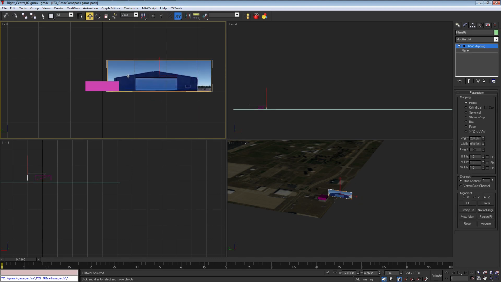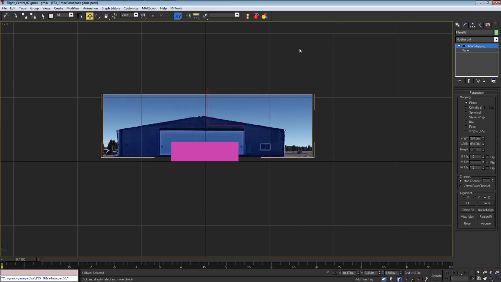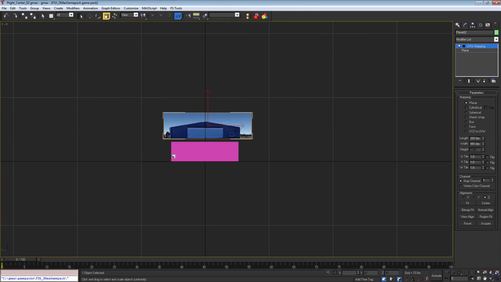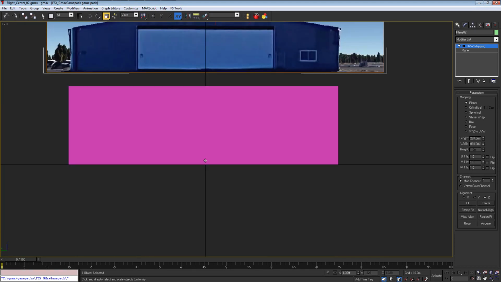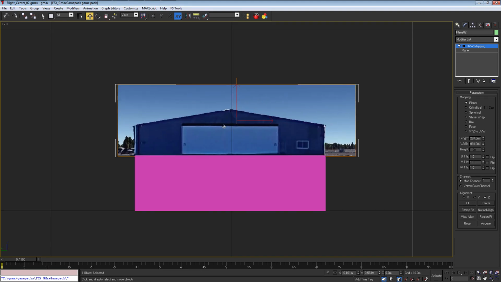Set this to X and Y now. So I know my box is about the right width for the hanger. So if I scale this image so that the width of the hanger in this image is the same width as the box, then the height should be about right as well. So if I scale this a little bit more, okay,